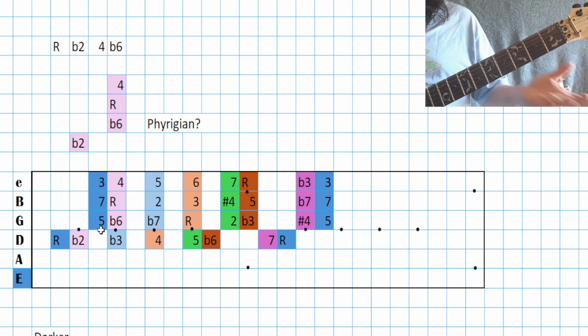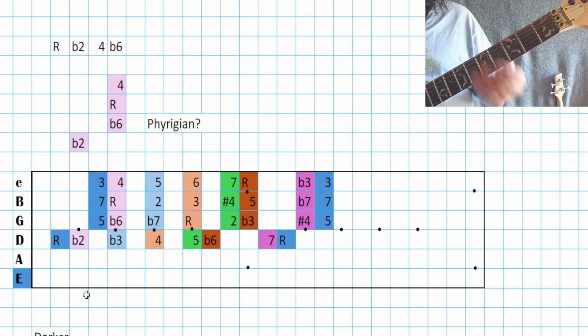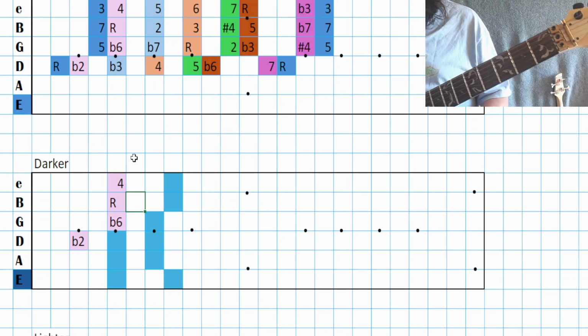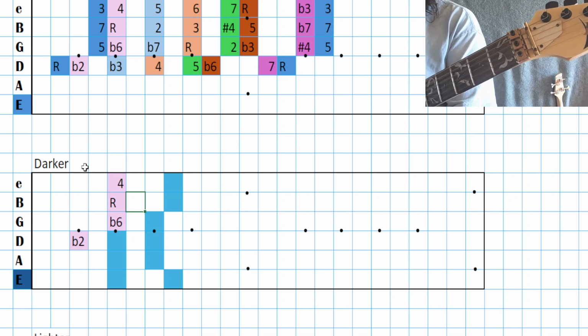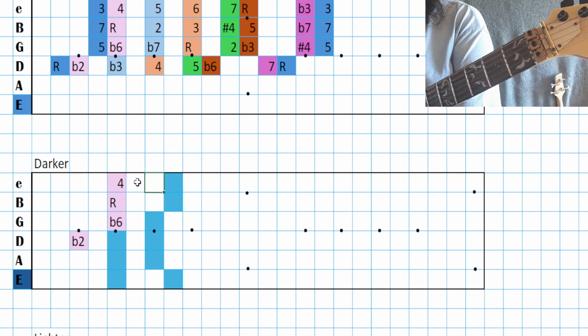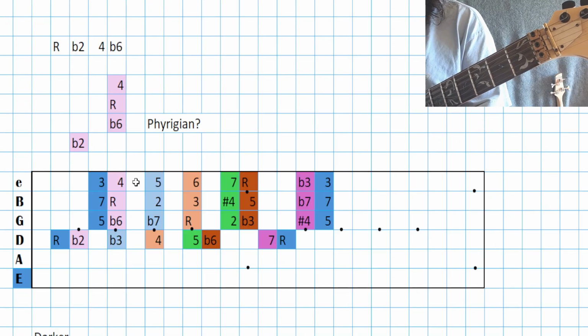Okay, so what did we do there? What I had played there actually was, let's fill it in. That's what I did here. So we'll put our darker scale in. We're just going to see what note we get right in here, which is going to really tell us everything about